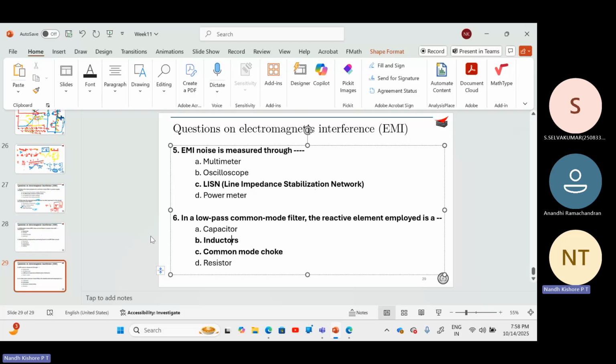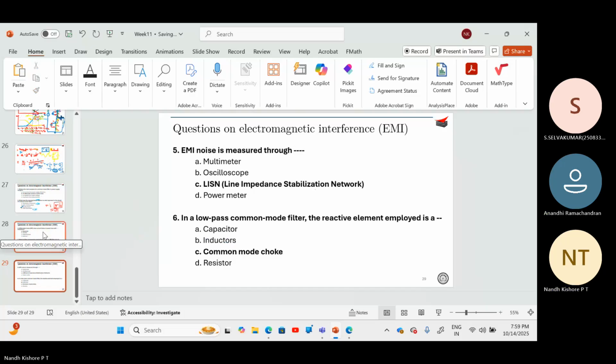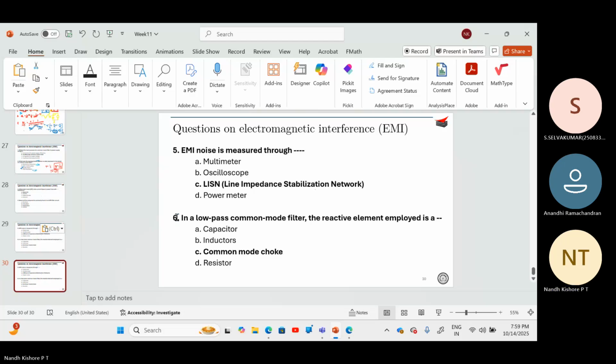What is the reactive element that is employed in a common mode filter? Common mode choke. Correct. So this is very simple, right? Okay. So the next question would be,